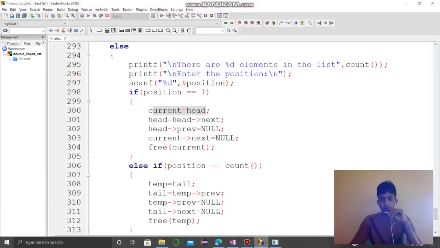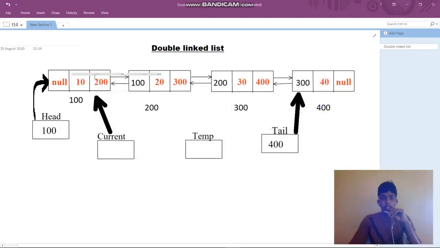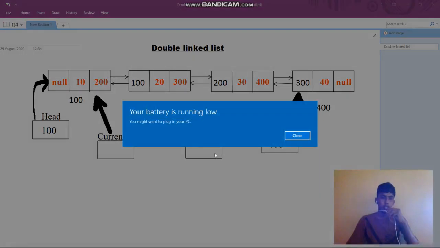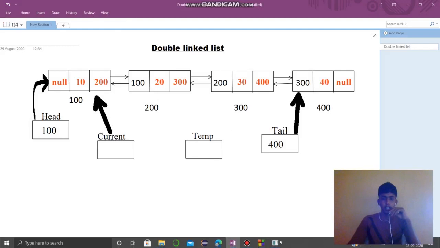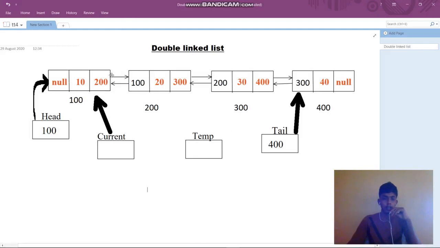Next, current of next equal to null. This also points to here, so current of next I am initializing as null. So we have broken both the links.